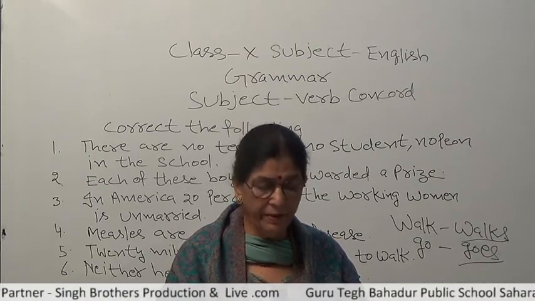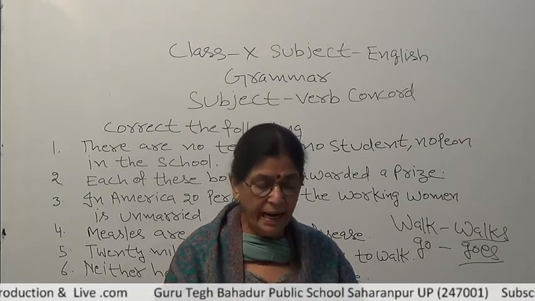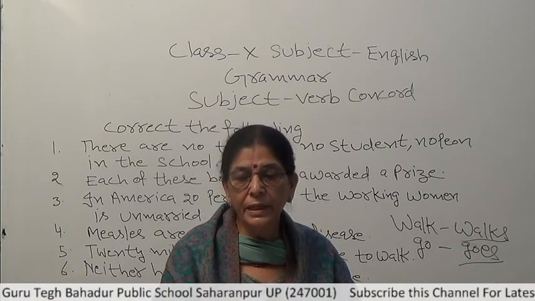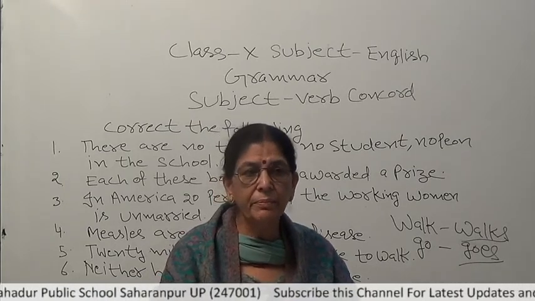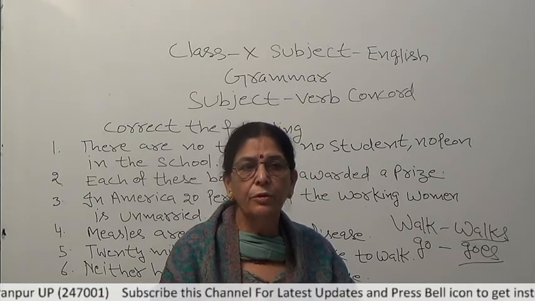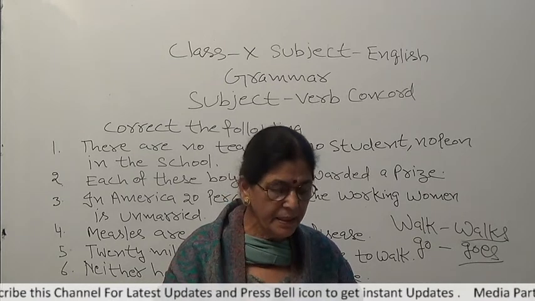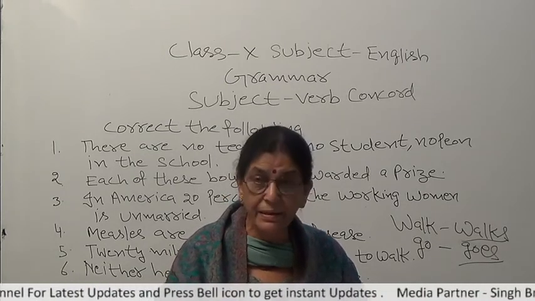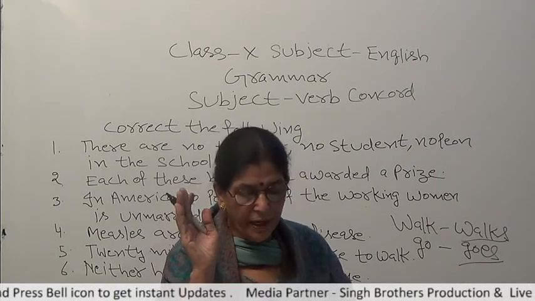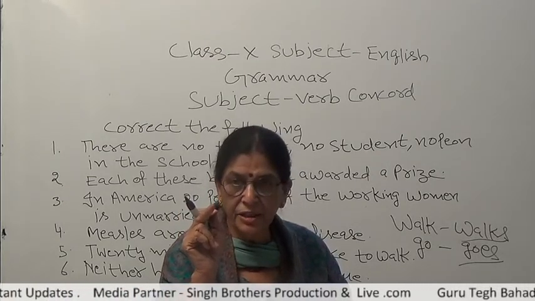Another example I am giving: Mr. Sohan, my friend and philosopher, sits next to me. Here I am talking about the same person. I am not talking about two different persons. If I am talking about two different persons, then we have to use a plural verb. But if I am talking about a single person, the same Sohan is my friend, one thing, and he is also a philosopher. So what do we have? Sits. I have used a single verb here, sits next to me.